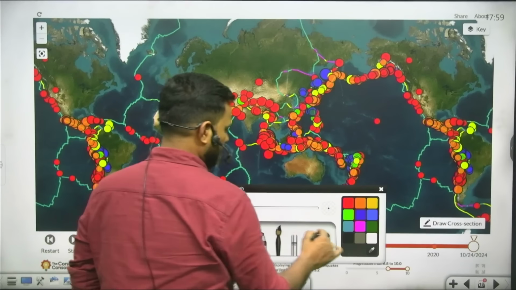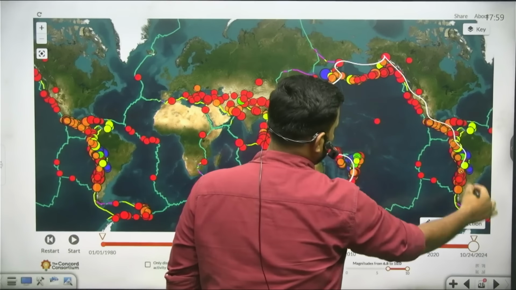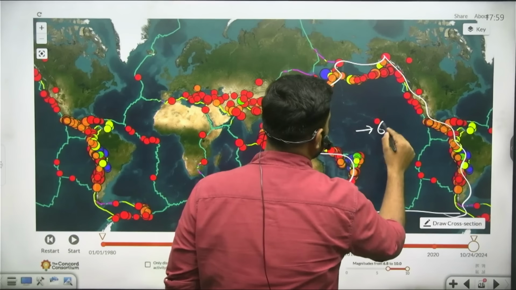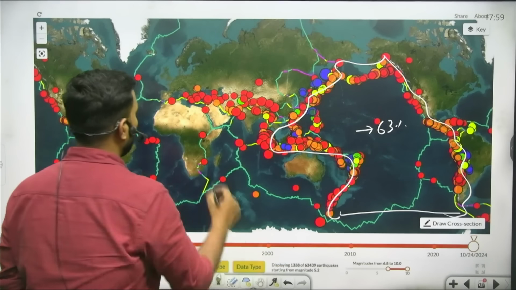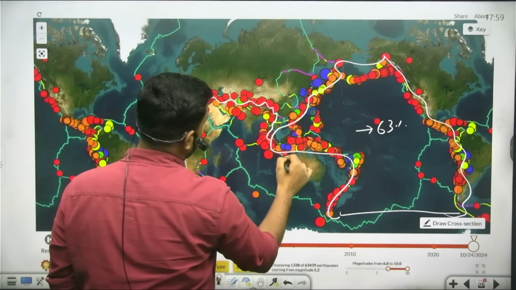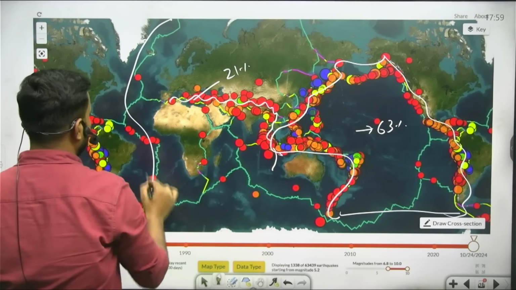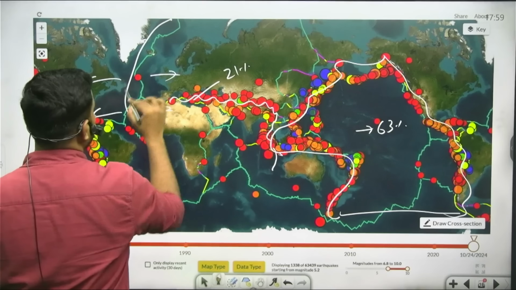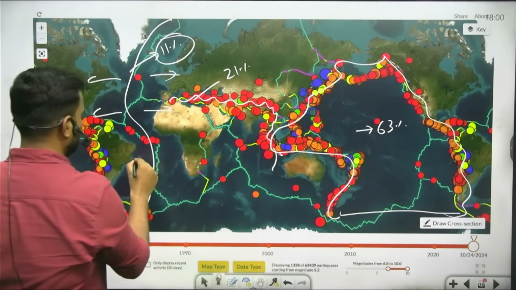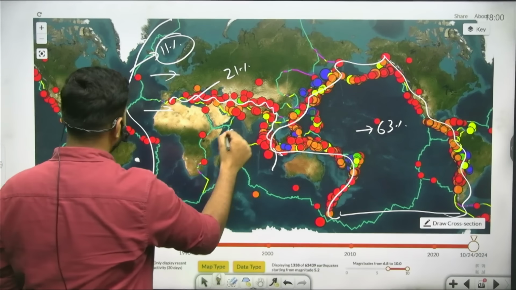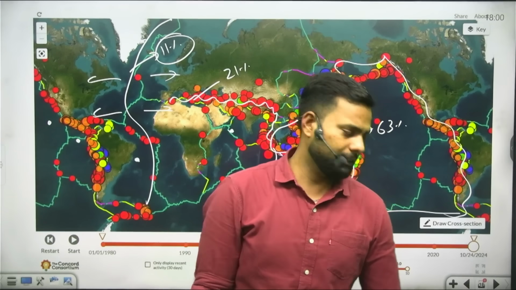देखो, this is all about the ring of fire और Pacific, circum-Pacific belt। कितना आ रहा है? 63% of the total earthquake, seismo and volcanicity दोनों हो रहा है। फिर this is all about the mid continental where the convergent plate boundary, this is all about the 21%, and this is the divergent plate boundary which has approx 11%। रेस्ट में क्या है? Some of the hotspots, जैसे यहाँ पे Tristan da Cunha है, this is Reunion, यहाँ पे Galapagos है, Darwin है, Hawaiian islands हैं। These are the examples।